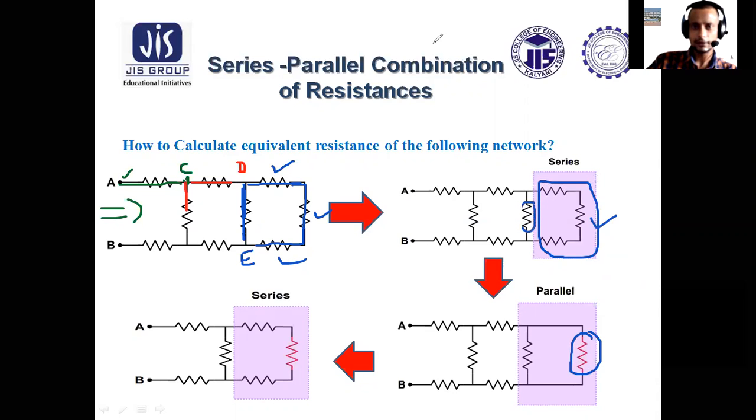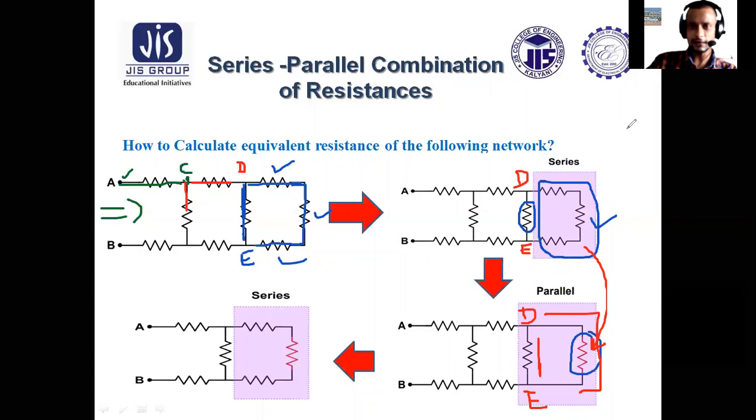Why? This was D point and this was E point. Now, in between D and E, there was one resistor connected vertically, and there were three resistors connected. These three resistors were connected in series, and we got this one. So now, from D to E, there is one path, there is another path. So for both the resistors, starting and ending points are same.